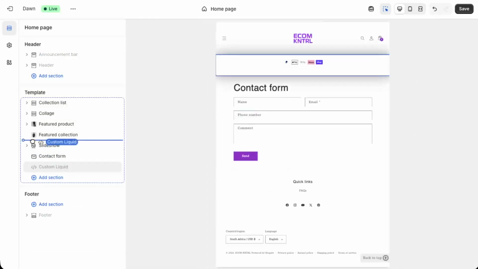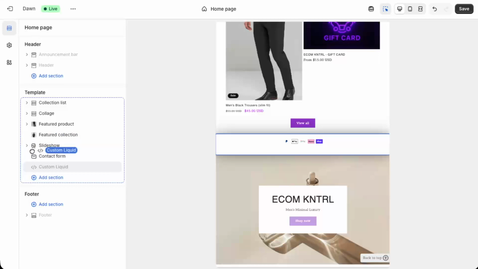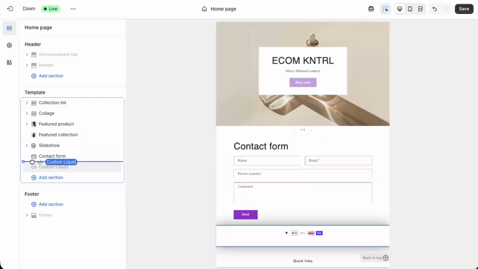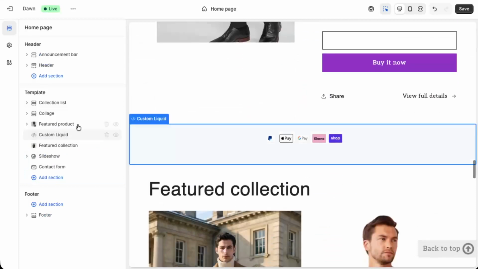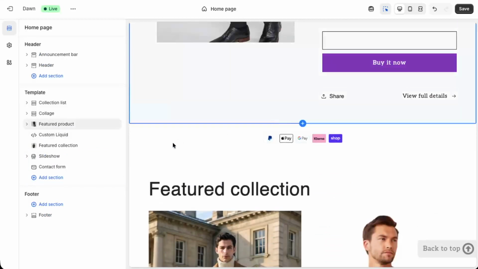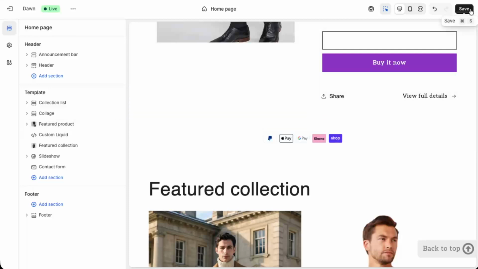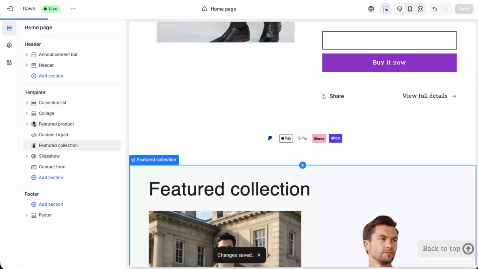Once your code is in, you can drag the custom liquid section up or down in the left-hand panel to position it exactly where you want it on the page, such as above the footer, under a banner, or between other sections. When you're happy with the placement and the preview looks good, click Save in the top right corner. That's it. You've successfully embedded your HTML code into